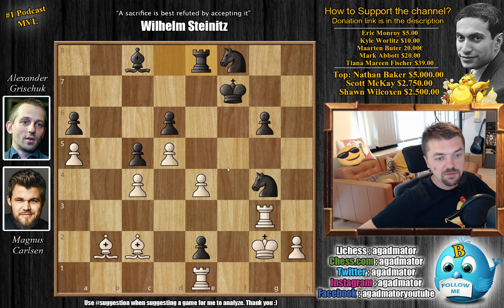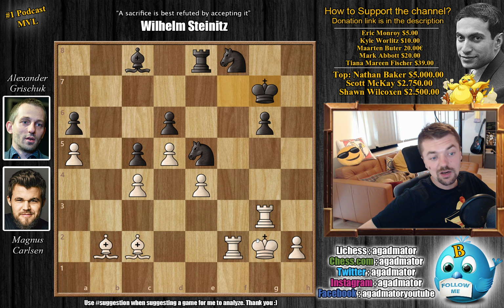Putting more pressure on the e-file, but now finally rook captures on e2. We have knight to e5 by Grischuk, but now rook to f2 with check. King g7, and now rook g to f3, saying that, okay, your knight is pinned, you cannot capture my rook, I'm gonna go rook to f7 check next. So we have knight to d7,